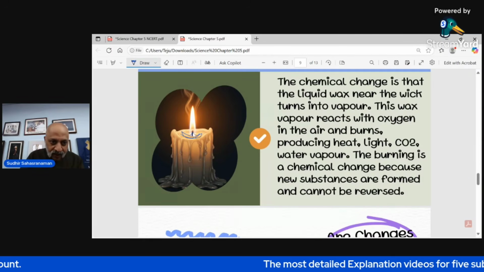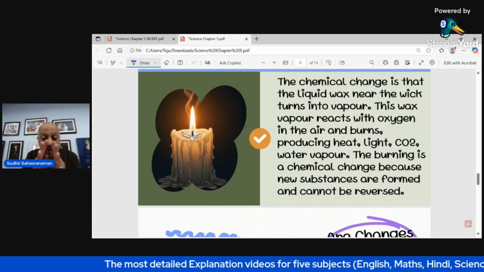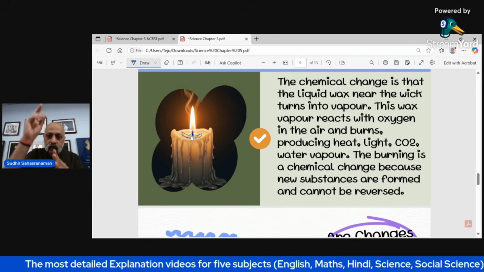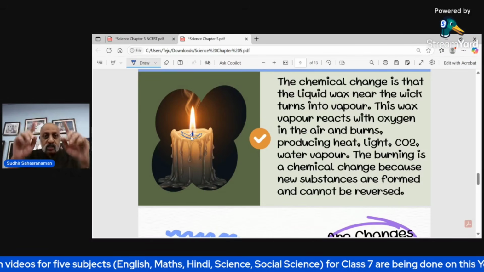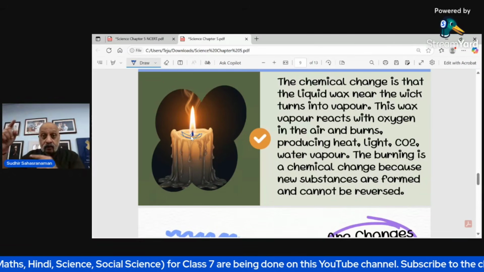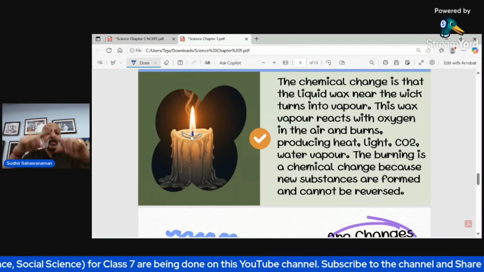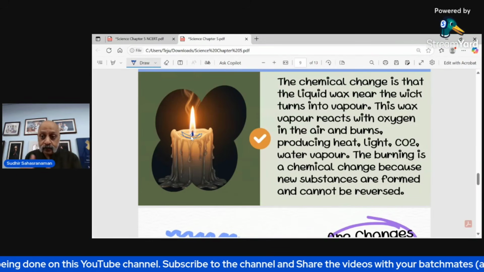Wick is this black thing in the middle, right? This vapor, what you're seeing out there, reacts with oxygen in the air and burns. That's why you're seeing the production of heat and light, producing heat, light, and carbon dioxide,